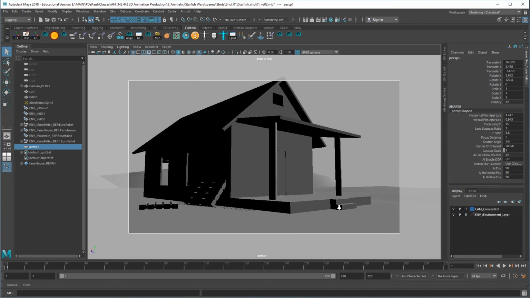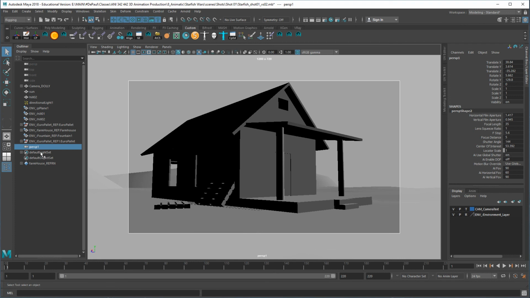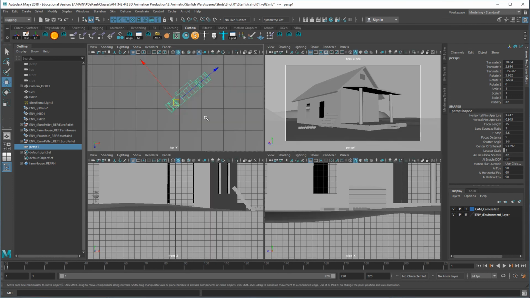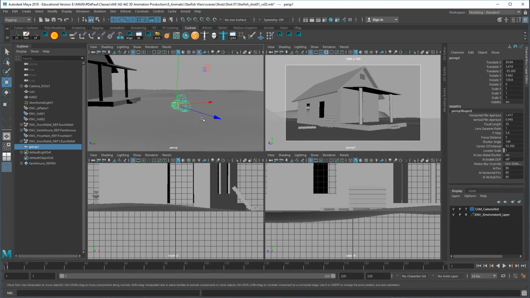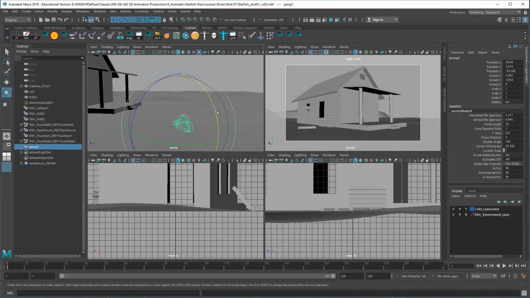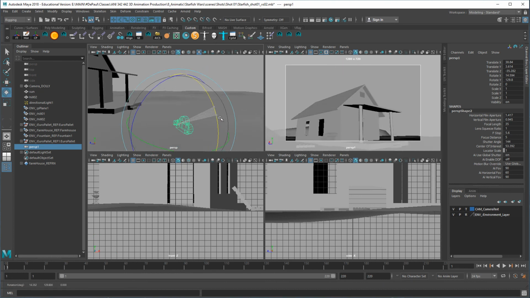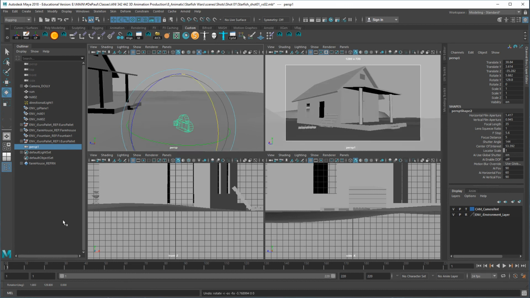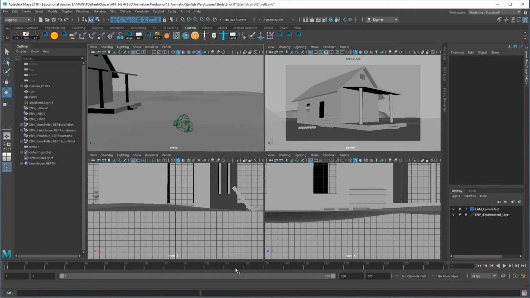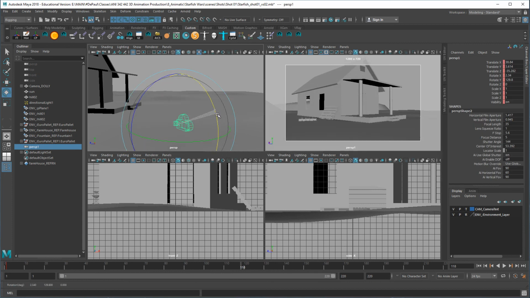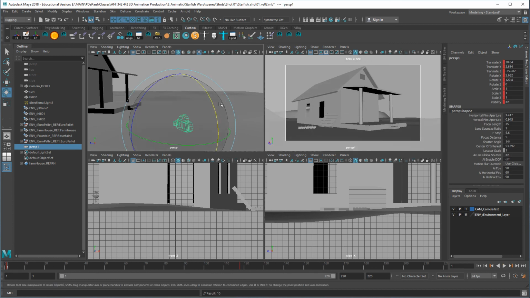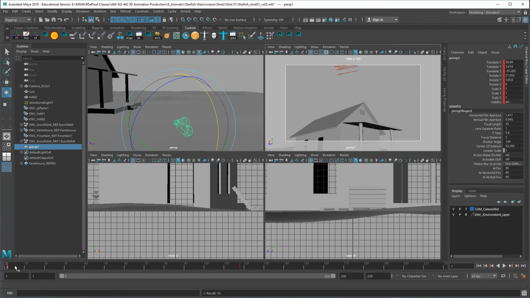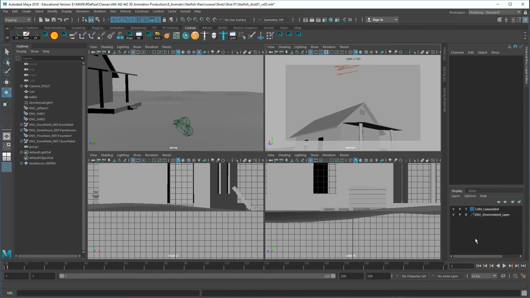And for a simple shot, if you're just going to do one move, so it's not compound, if all I want to do here is just a simple tilt like this, it's totally fine to do this in this view. I can easily just set my keys up. And the thing here is I'm just going to be working off of one axis at a time. Here, here, done. And because you're only working off of one axis at a time, you'll find the graph is really easy to work with and manipulate just like you would in any other